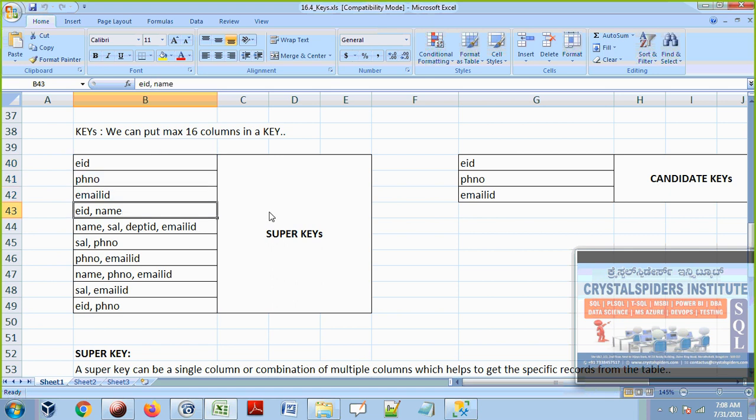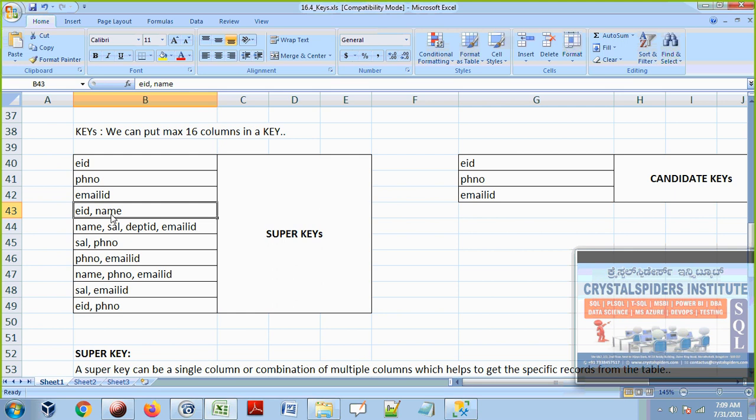This is not a candidate key. Why? What is the reason? Because observe one thing, in this combination employee ID and name, I am not going to consider this super key a candidate key. In this super key we have two columns and it is not fit for a candidate key. Why sir? What is the reason? The reason is, even if you don't provide the name details, just provide only employee ID, that's enough. So I am able to get the data. In that case we are not going to say this is a candidate key.